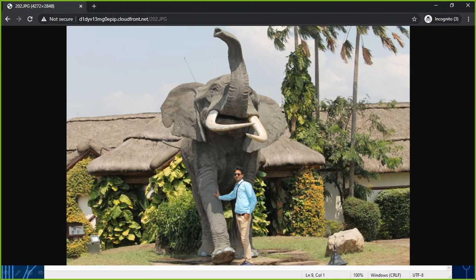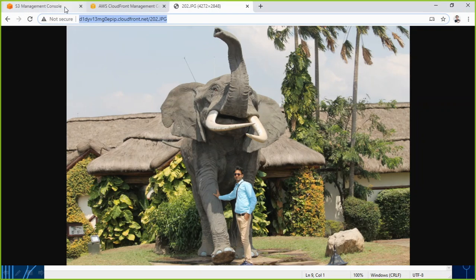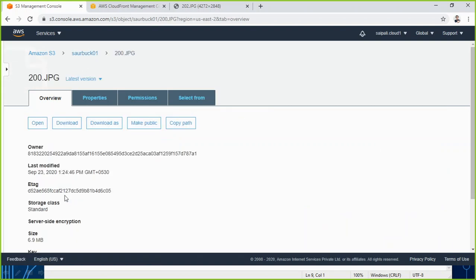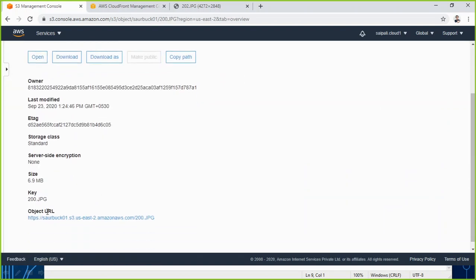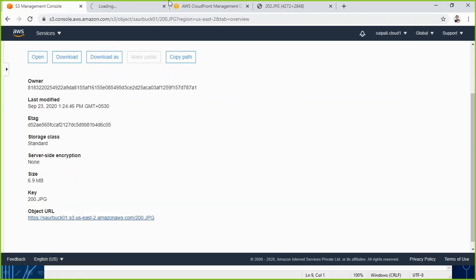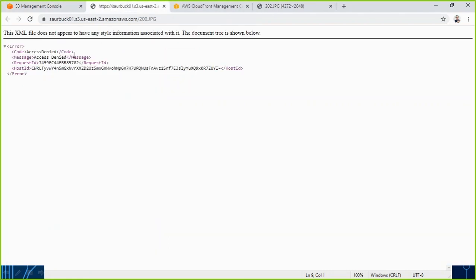And you see here also my request is coming from this CloudFront, not directly from my bucket. I haven't given the bucket public access. If I go to my bucket, this is my bucket. In the bucket, if I check these files, I can click on any of them. This is the full path. So if I copy this link or try to open a new tab directly from the bucket, again it is not accessible. You see, I haven't given public access to my bucket.